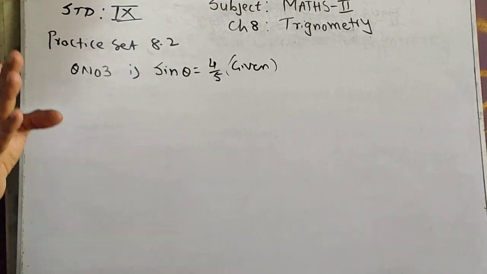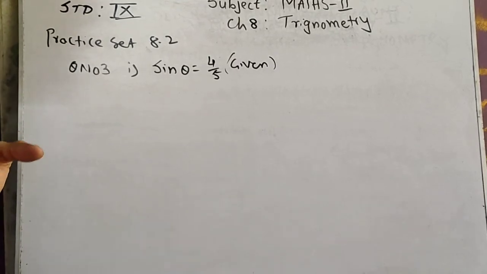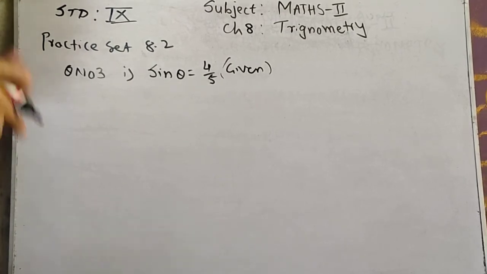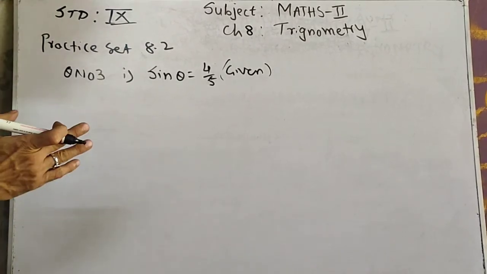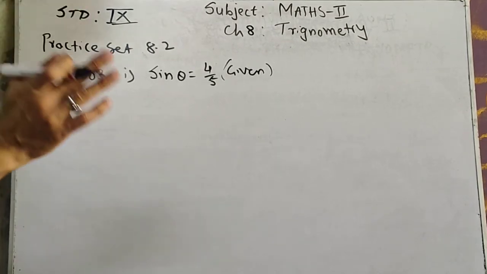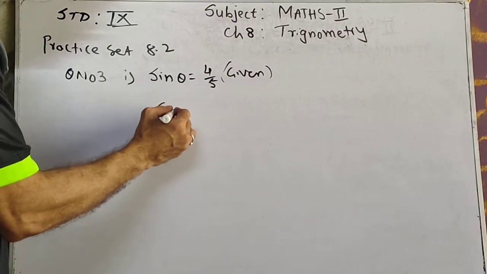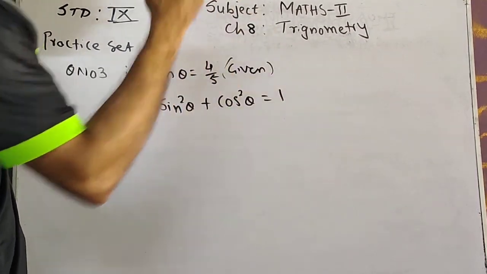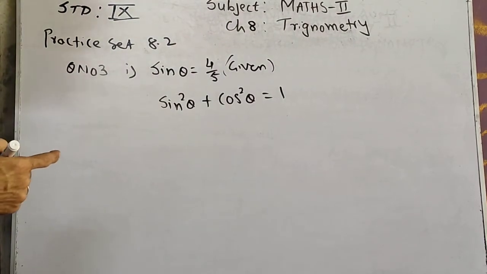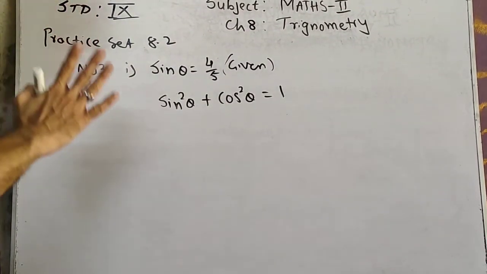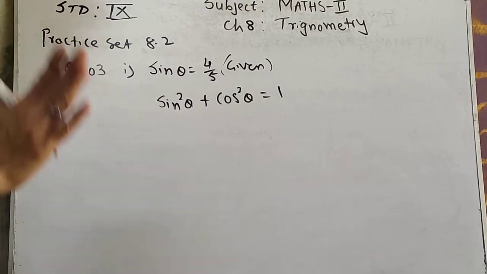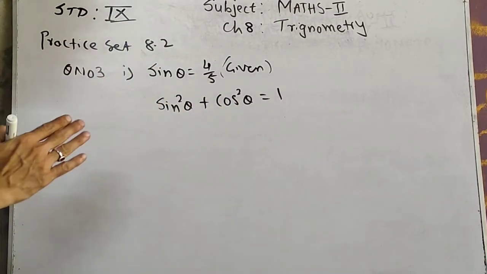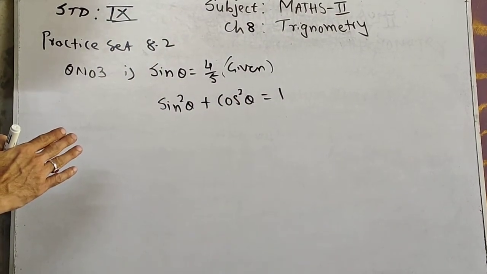But here I am showing you another method also. Another method is of trigonometric identity, which you are going to study in standard 10th also. So that I am going to show. That is very easy for you. So pay attention. Sin square theta plus cos square theta is equal to 1. This is your trigonometric identity. There are total 3 identities, but only one I am showing you now. With the help of this we will find out cos theta.